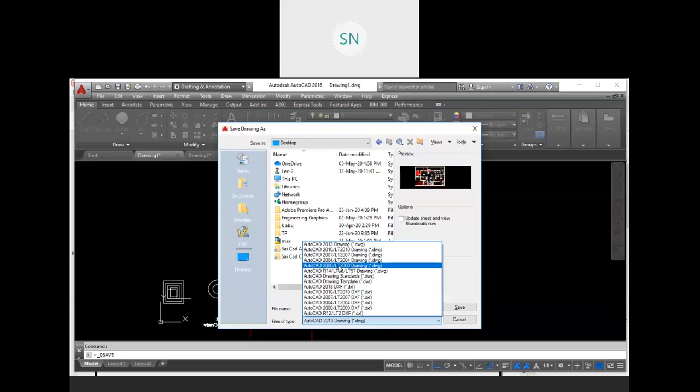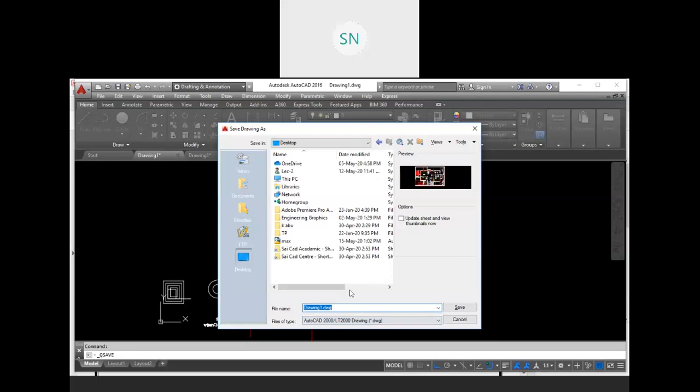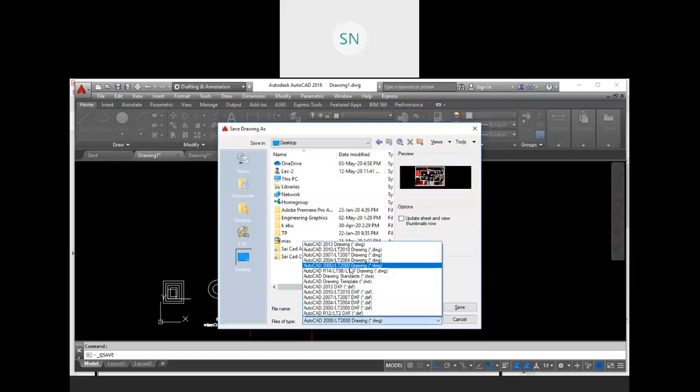This is a file format of AutoCAD 2000 version, right? So once you save your file in AutoCAD 2000 version and you mail to your other friends or colleagues, and he might have a lower version, then also he is able to open your drawing. So you can save your drawing to the lower version. These are the lower versions. See, 2000, 2004, 2007, 2010 and 2013. These are the versions we have.